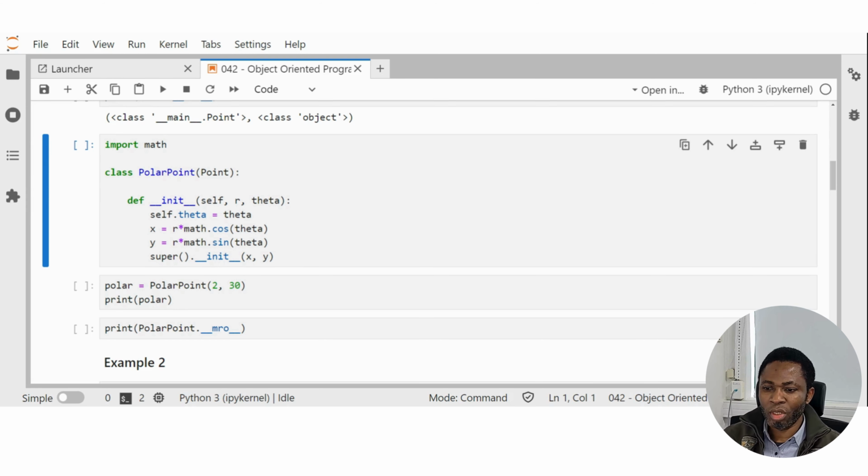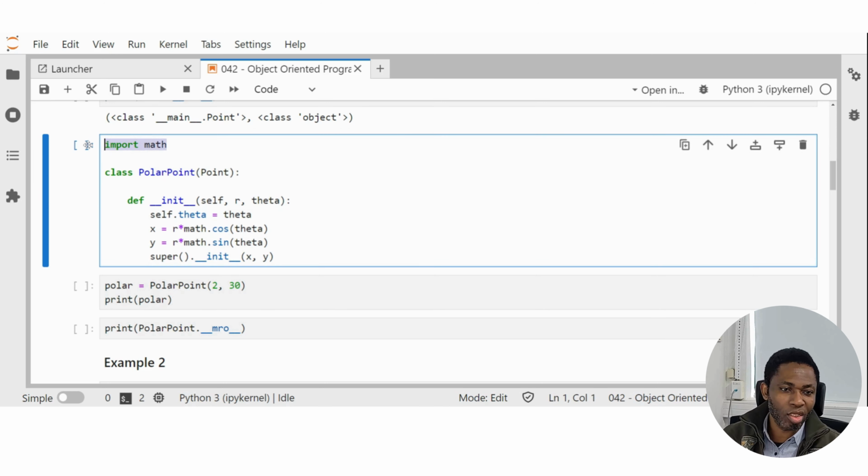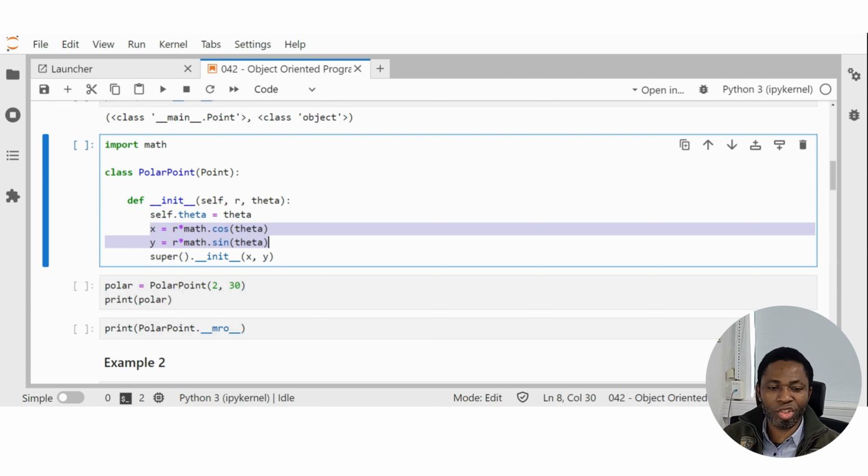So to do that, we need to convert the radius and the angle to get x and y. And you know fully well the conversion from the polar coordinate to the Cartesian coordinate is defined this way because we need the trigonometric cosine and sine of the angle. We have to import this library math, and so I have x equals r math.cos. So I didn't instantiate x and y. The reason is because I'm not directly calling any other method in polar point, but rather passing them as input